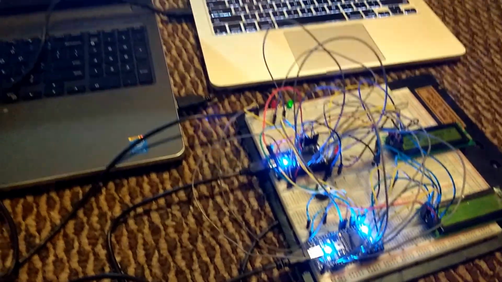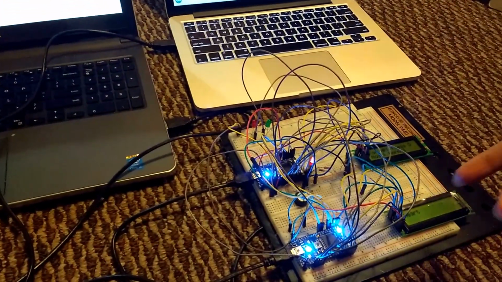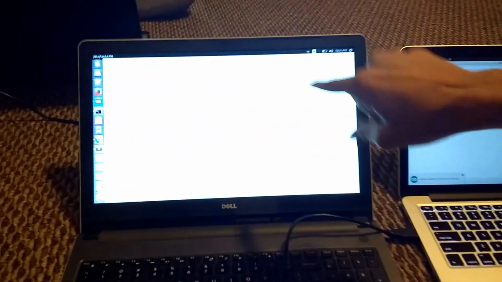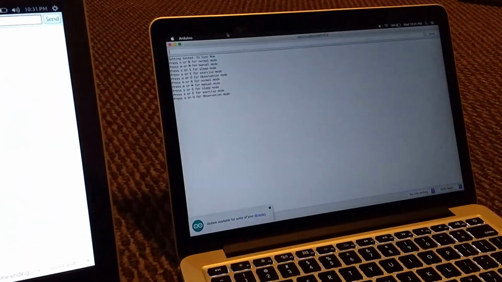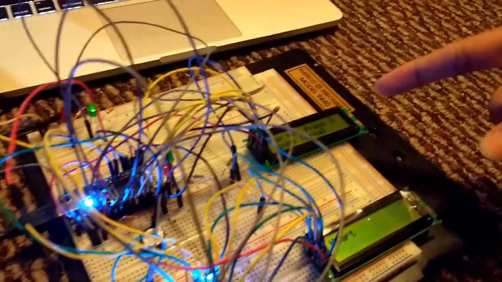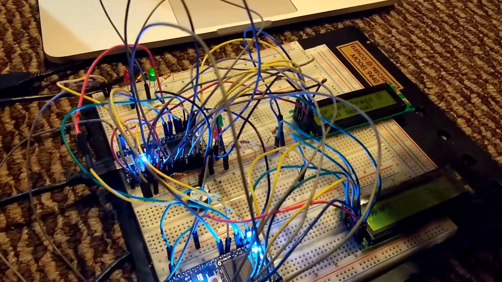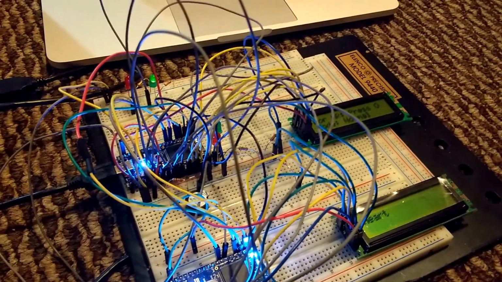our implementation. So this is the heart, this embed, which is a prototype of it, and the heart is simulated and it is connected to the serial port on this laptop, and the pacemaker is connected to the serial port of this laptop. Initially, as you can see on the LCD, the pacemaker is in normal mode, and hence the LEDs are beating according to the normal heart rate of the heart.